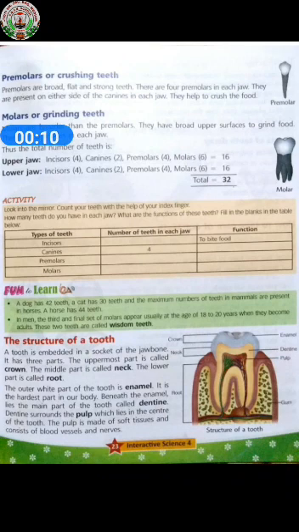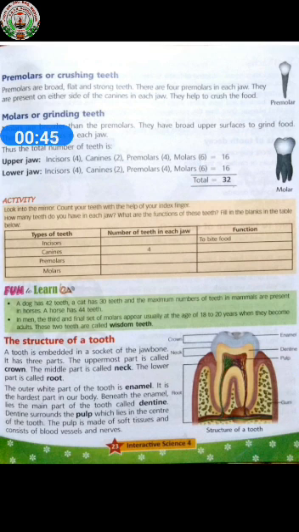Let's start our second lesson, teeth and tooth care. First, I will explain to you the functions of teeth. Yesterday, we learned about the function of teeth. Teeth help us in many ways. Teeth help us to bite and chew food. They help us speak clearly. They give shape to our face. Clean teeth make our smile beautiful. So, these are all functions.